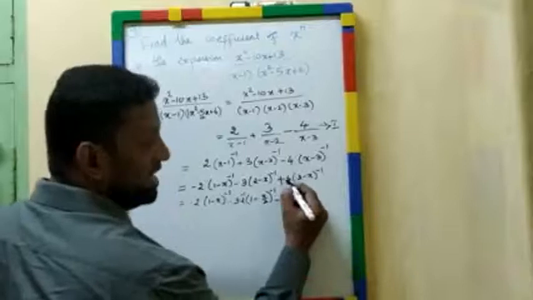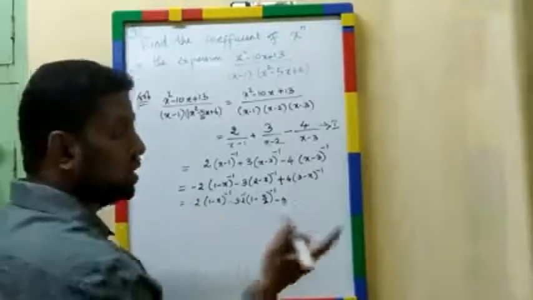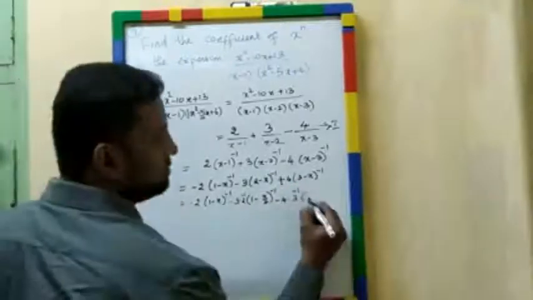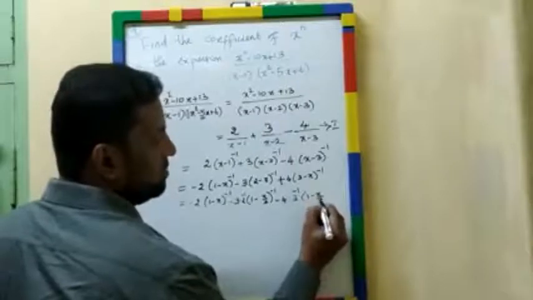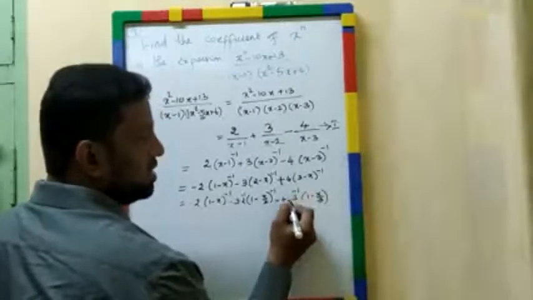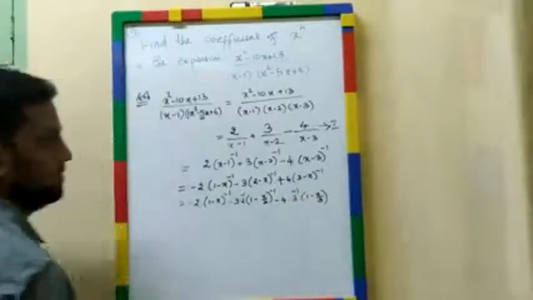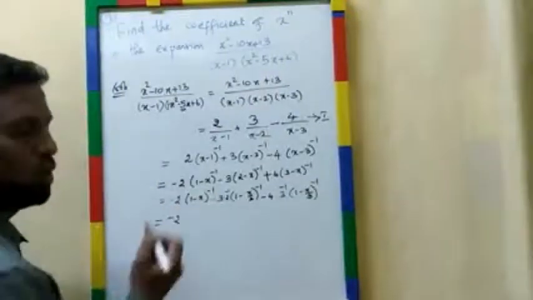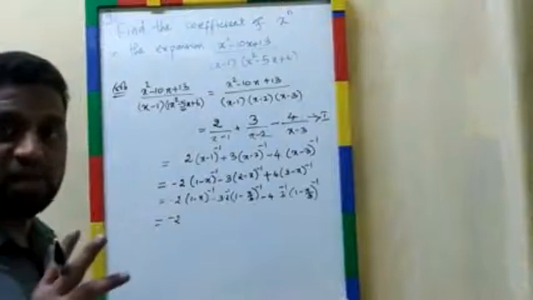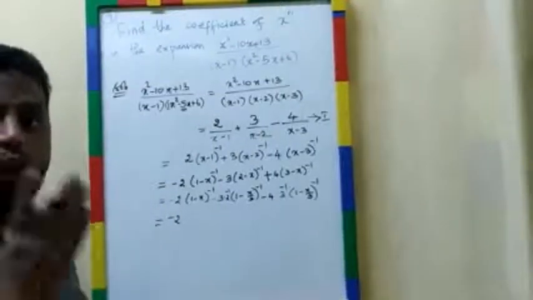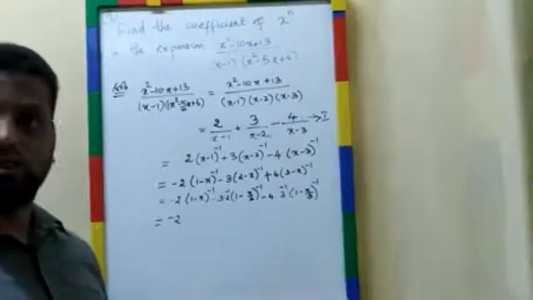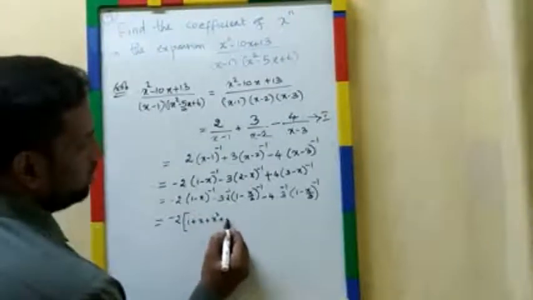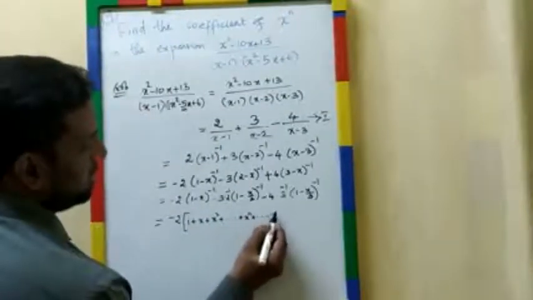4 into, I pulled 3 here because I don't have 3 in the formula. So if I pulled 3, the power minus 1 is also there. So pulled with that power. Now it becomes 1 minus x by 3. Because there is no 3, I have already taken 3 outside. So I am dividing by 3. Whole inverse already there. See here, 1 minus x whole inverse. Already I have told that in the binomial expansion, the formula for 1 minus x whole inverse is 1 plus x plus x square plus x cube plus etc., x power n. Similarly here 1 plus x plus x square plus x cube plus etc. plus x power n plus etc.